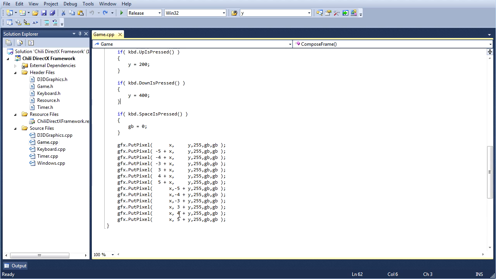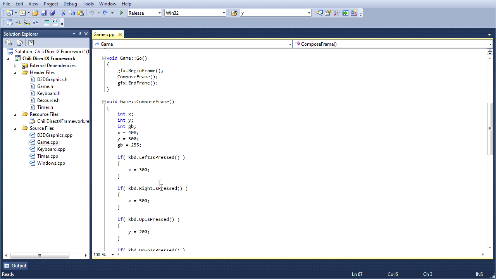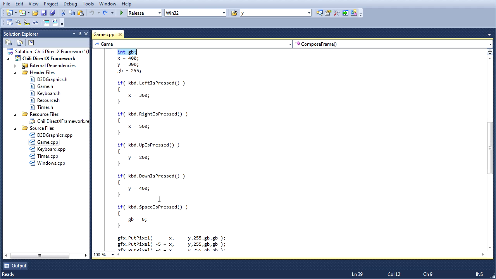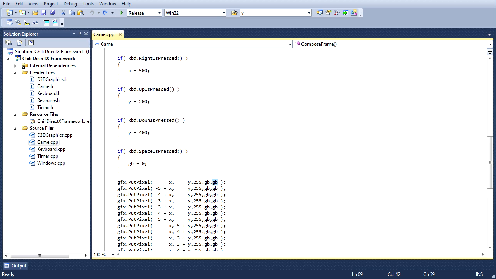But the other thing I got you guys to do was to change the color of the targeting reticle when we press the spacebar. Now, in order to do that, you had to create a new variable. I created a new variable here called GB, which stands for green blue. I set it to 255. And so then I use that variable in our putPixel call for the green and the blue color components.